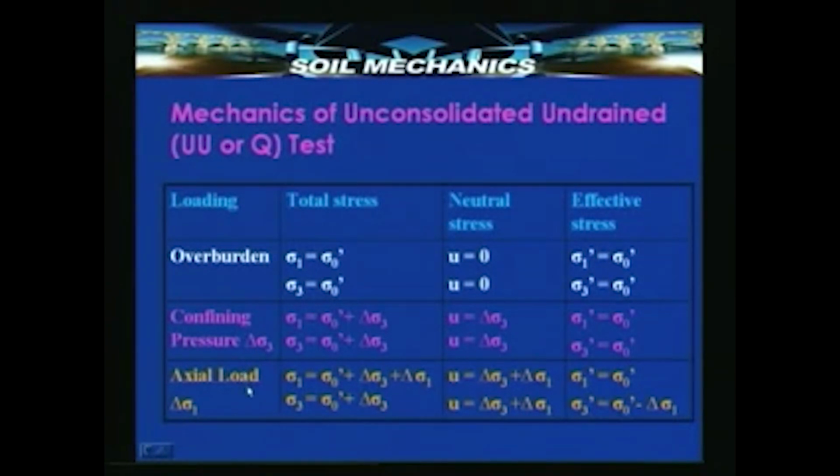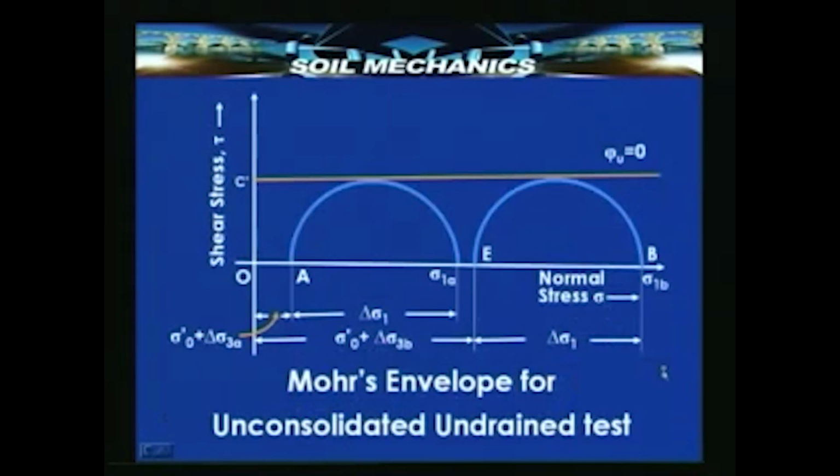A similar situation prevails when you apply the axial load. Total pressure gets increased by delta sigma 1 in the vertical direction. Pore pressure gets increased by delta sigma 1 both in the vertical and also the horizontal, and the effective stress gets modified into sigma 0 dash minus delta sigma 1 in the horizontal direction. The Mohr circle for this will involve